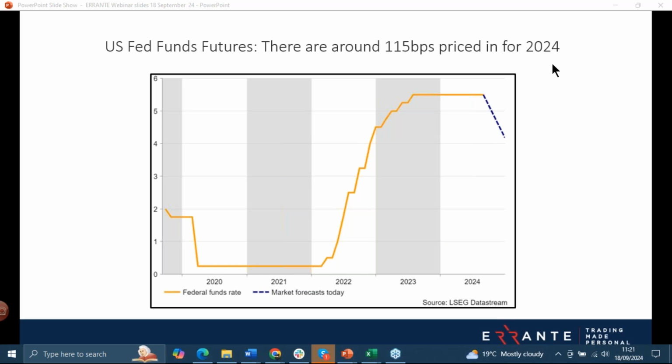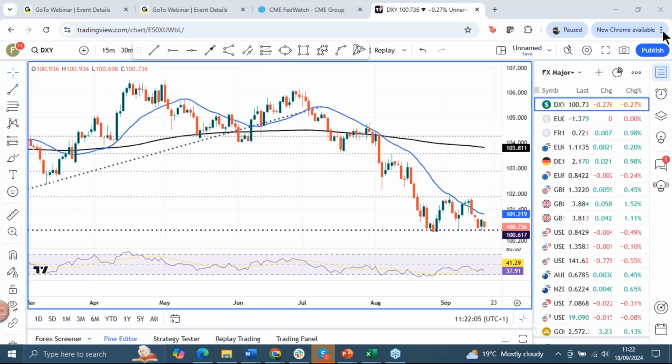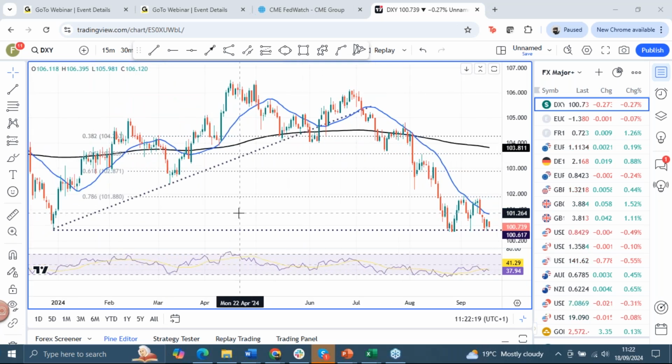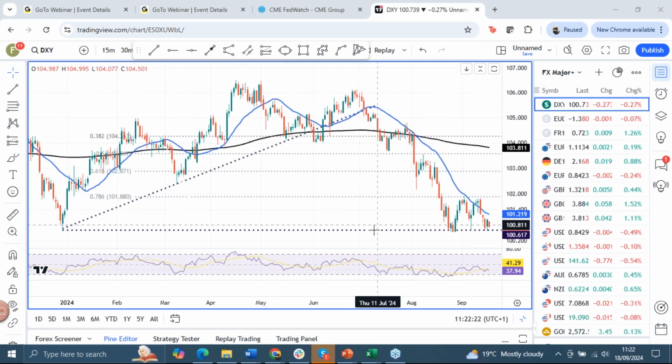just bear with me one second, and I'll pull that up. This is, of course, the dollar against 6 of its major trading partners. I always say this, but it's worth saying again: the biggest weighting in this index, don't forget, is the euro, with about a 56% slice of this index. You can see, again, fascinating levels we're at now, just at this very strong support around 100.61. That is the low from late December.